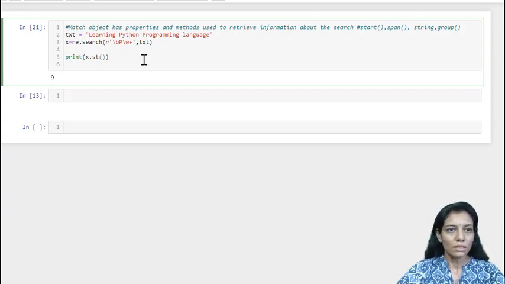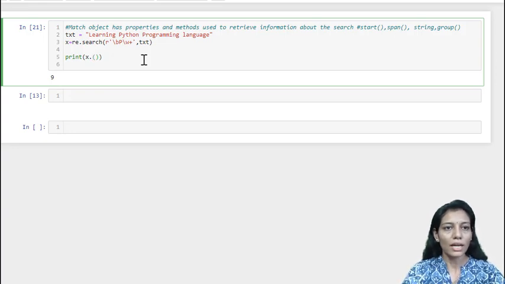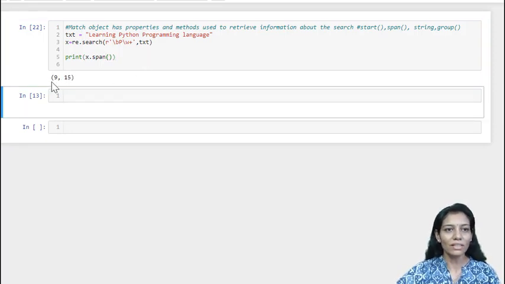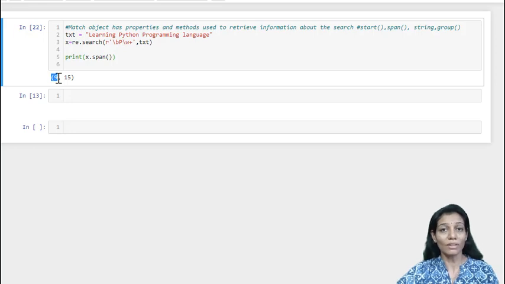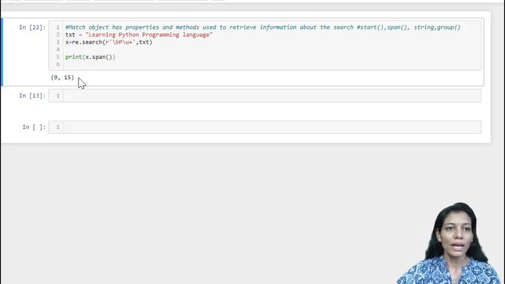Our raw string will be compiled by search and the match object will be returned. Here I want to find the span. Span gives the starting and ending point of my match. It has given the start as 9, which we already found earlier, and the ending location is 15.